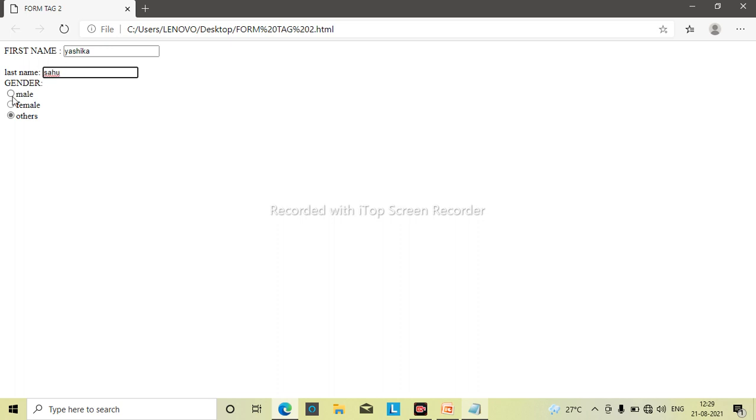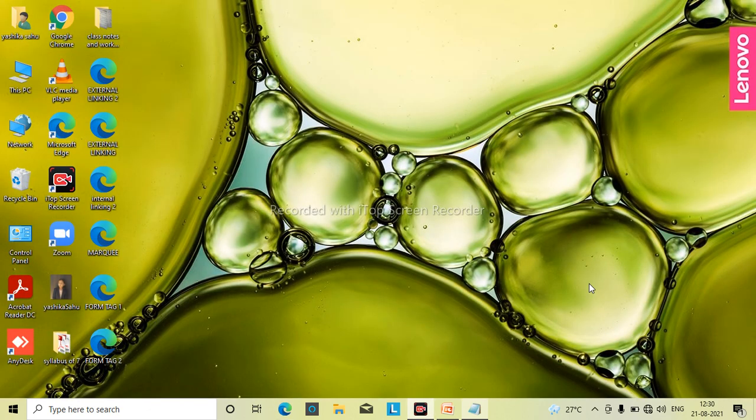I hope you all remember, radio button. This means this. Now I am female, so I'll select this. This is checked. So you will use it like this. Understood? So this way you will use the radio button.